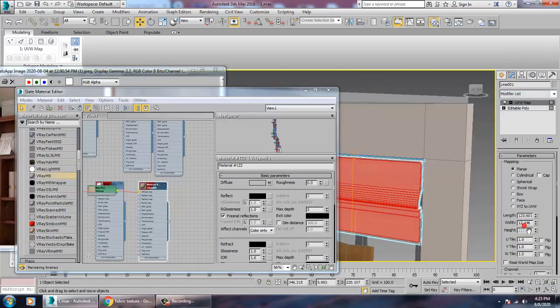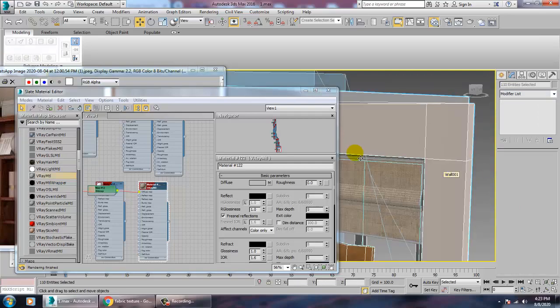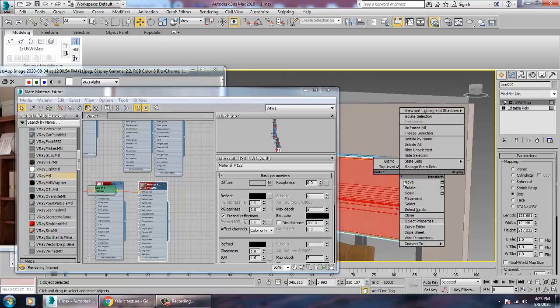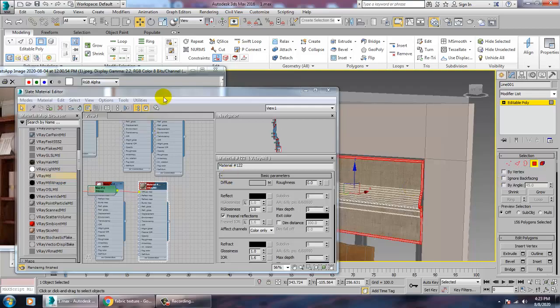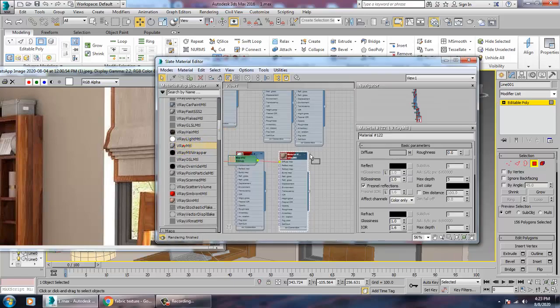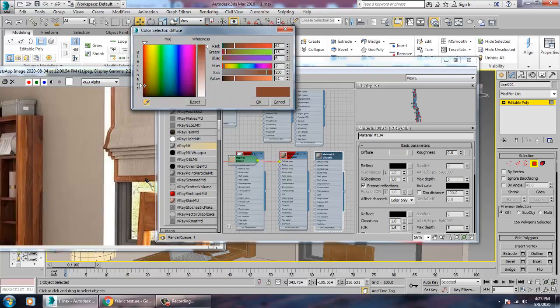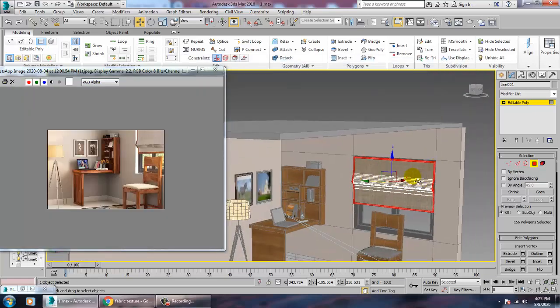UVW map, set it as a box and inverse it. Oh, I'm sorry. Convert to poly. Select this, inverse this, and go into material again. Take a V-Ray material. Let's take a darker texture over here and let's just assign it. That's it. Looks much better now.